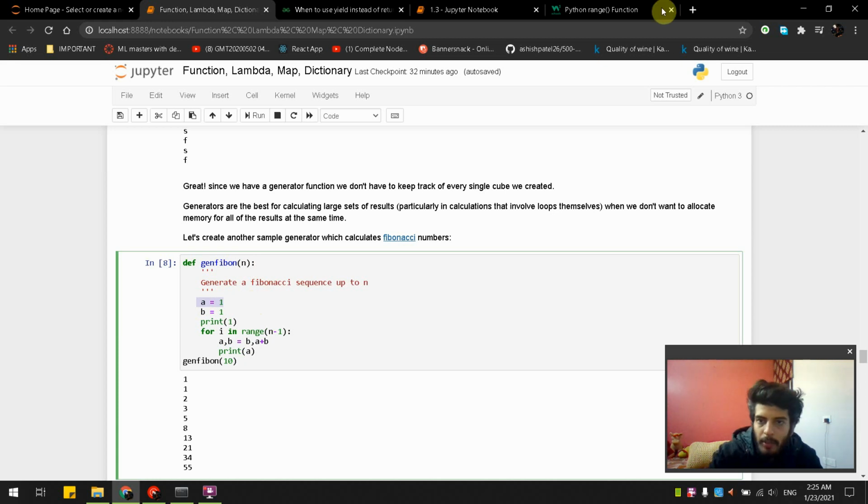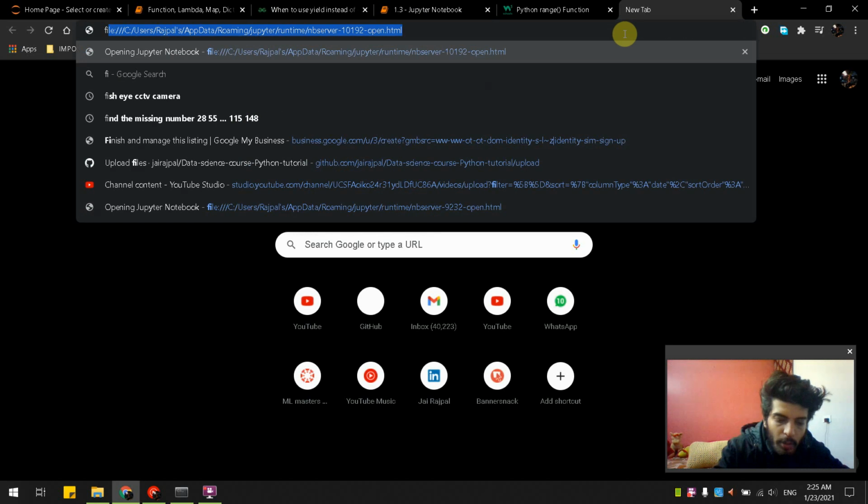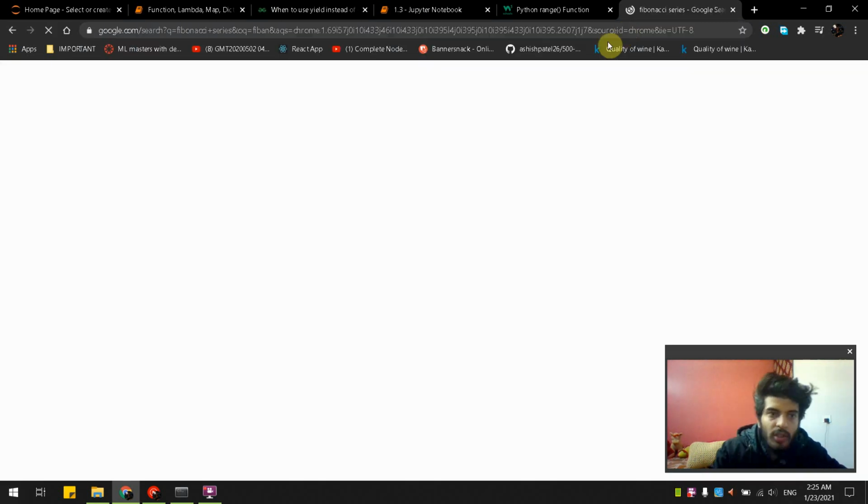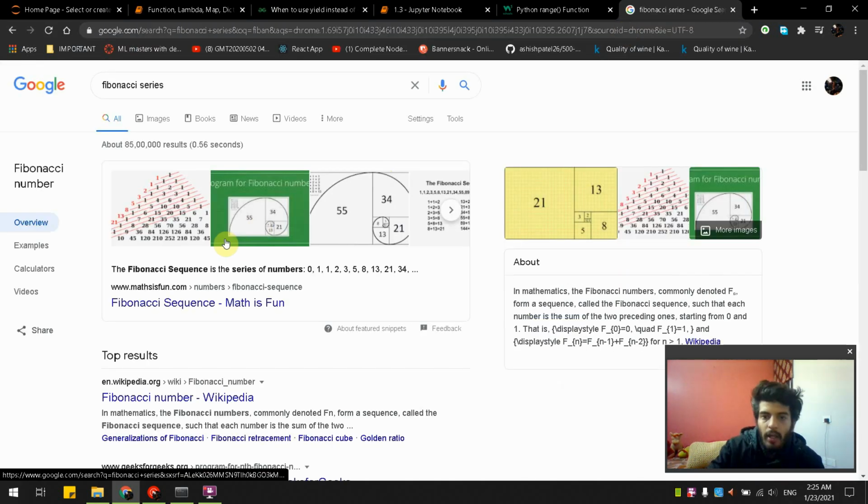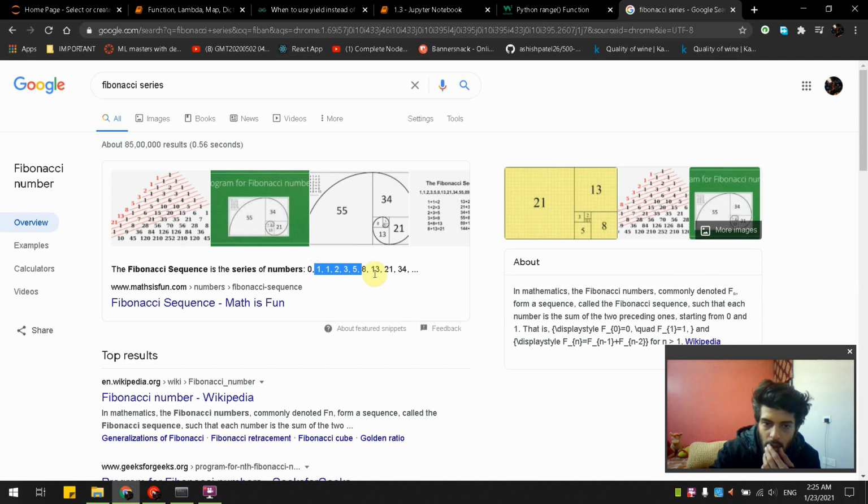And Fibonacci, let me show you what the Fibonacci series is. It actually starts with 1 and 0, and then it is going to add: 0, 1, 1, 2, 3. Now you can understand, 0 and 1, it is going to add these both numbers and give this, and then add these both numbers, so actually the addition of the last two numbers will give us the third number.